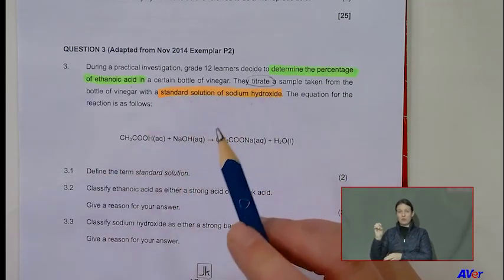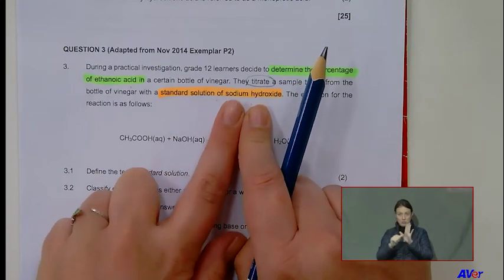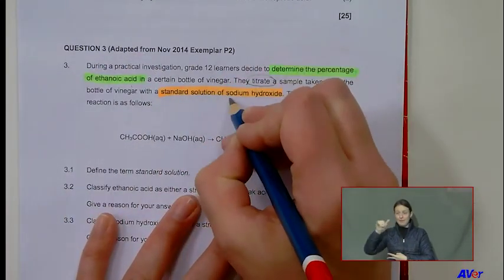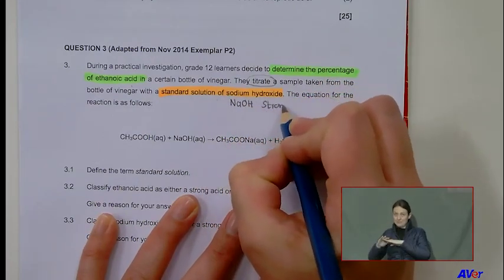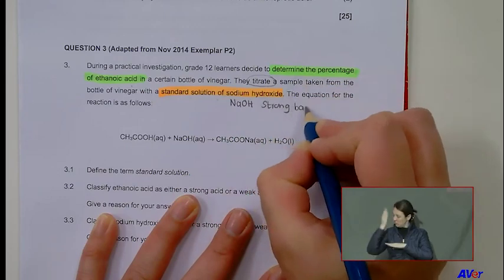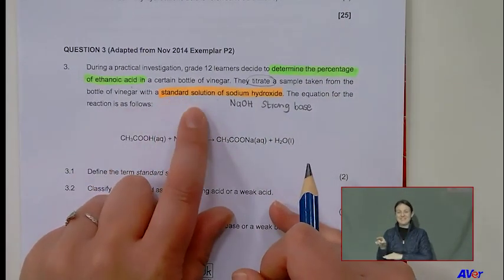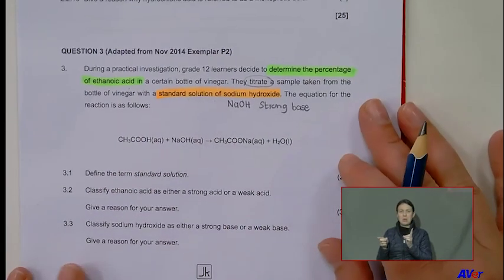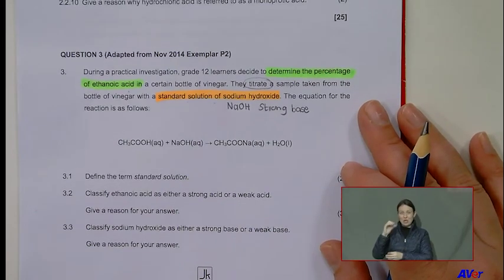Now, immediately, two very important things. Sodium hydroxide, you need to know immediately, is a strong base. Immediately you know it is a strong base. It is a standard solution. So what is a standard solution? It is a solution of which the exact concentration is known and the concentration remains constant over a period of